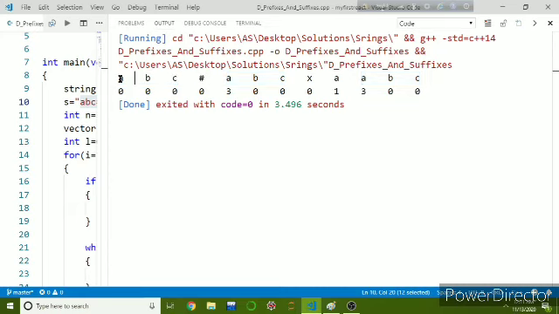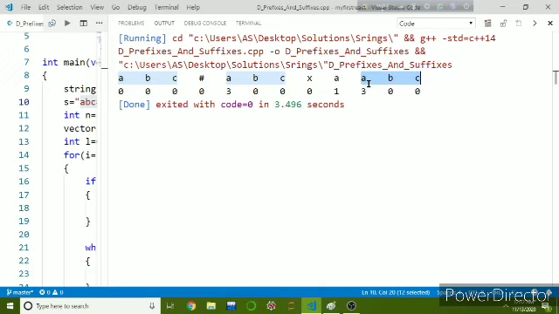As the length of the pattern is 3, and inside this text, starting from this index we have found a Z value of 3, that means at this index we have found one occurrence of the pattern. Again at this index we have the Z value as 3, which is the length of the pattern. So again here is an occurrence of the pattern string, and this way we can solve this problem using the Z algorithm.